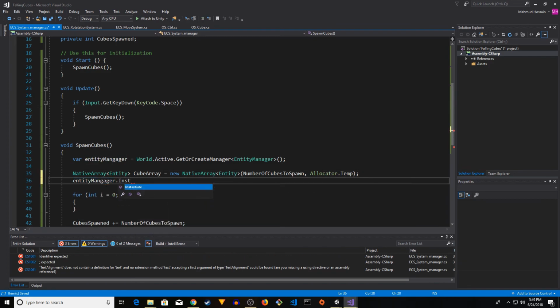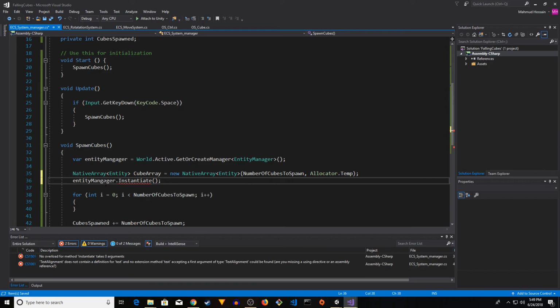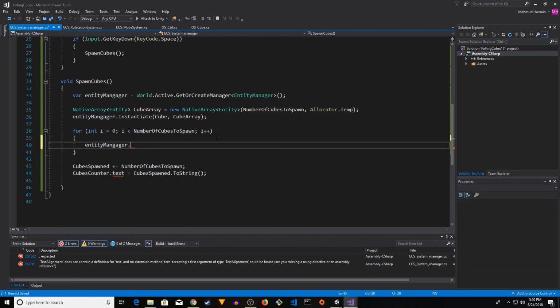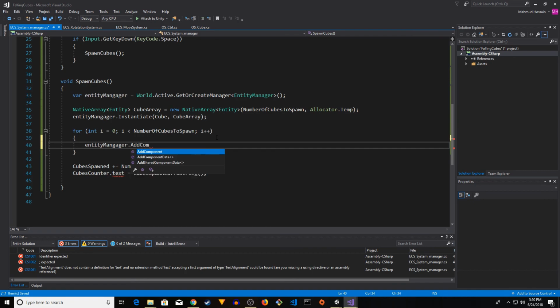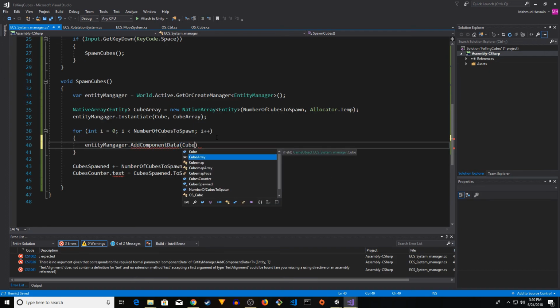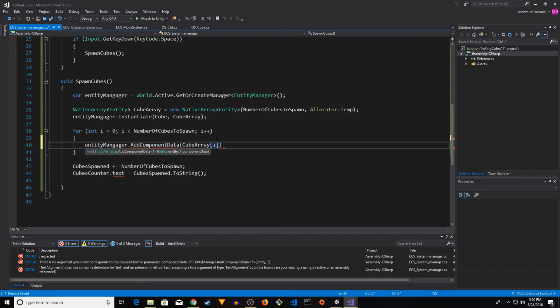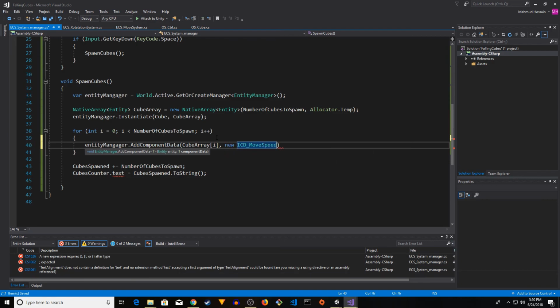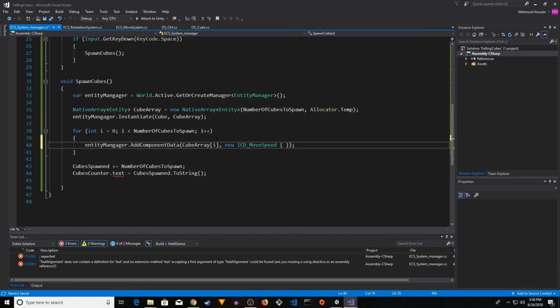Dot instantiate. And we're going to instantiate the cube object and the cube entity manager. Add component data. Then cube array of index I, new IC move speed is going to be, I think we had, what was the move speed? It was like,